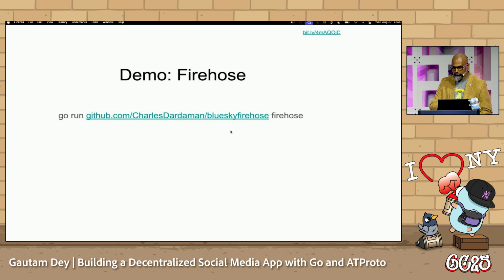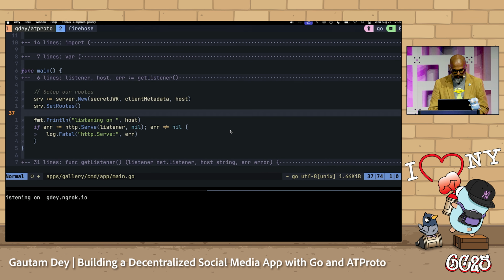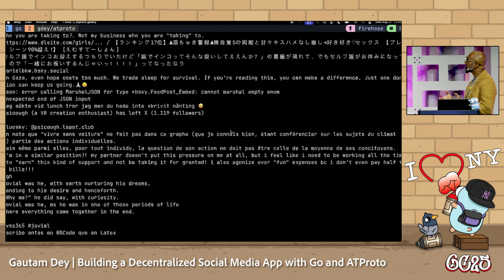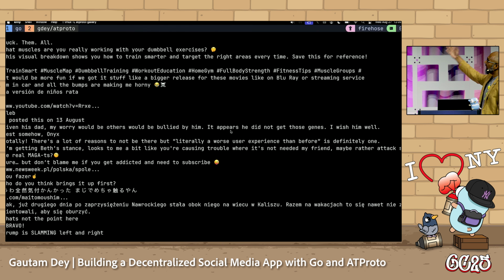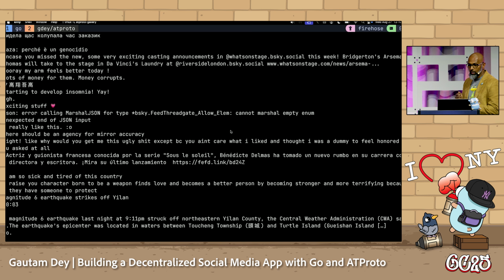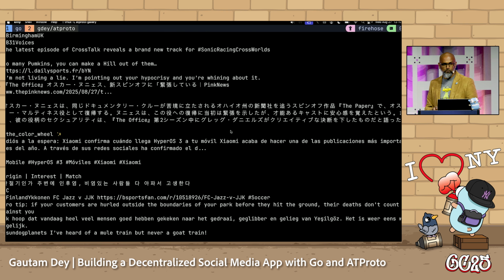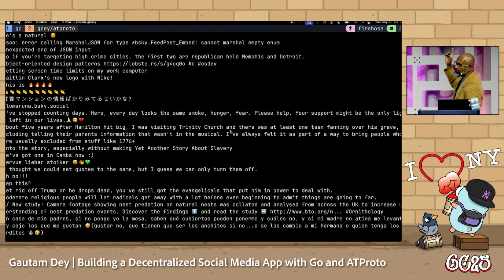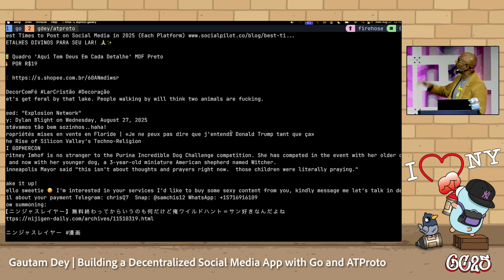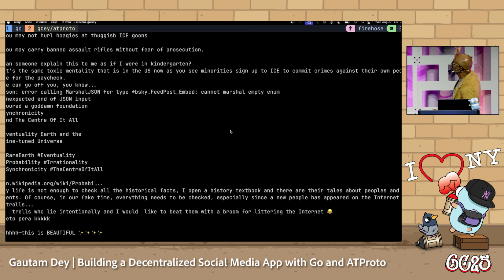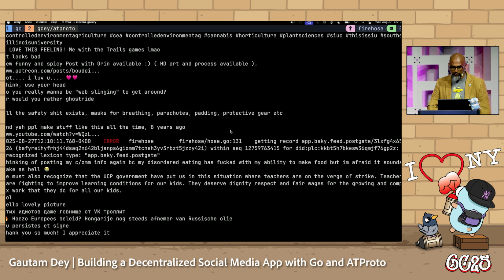And I was going to demo the Firehose, so let me show you this. So here is a live feed of the Firehose. So if you're skeeting, I think that's what they call it, if you skeet right now, your message might fly through here. So this is the entire ecosystem that's flying through right now.